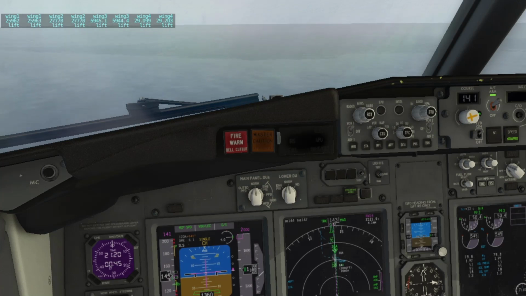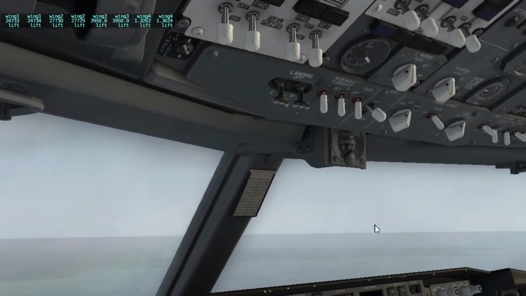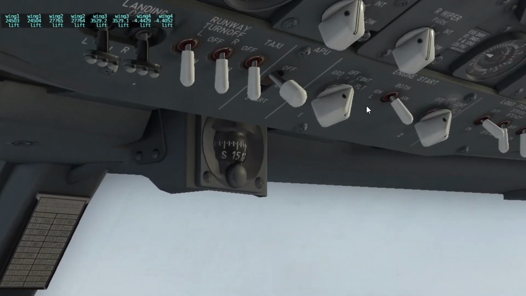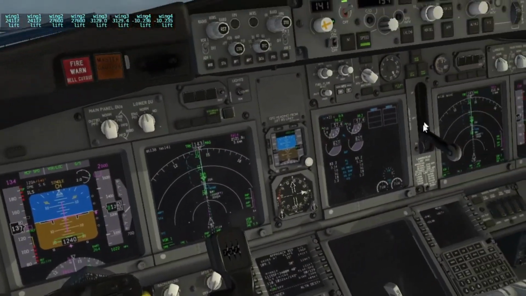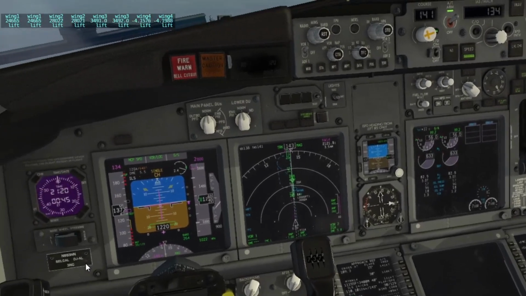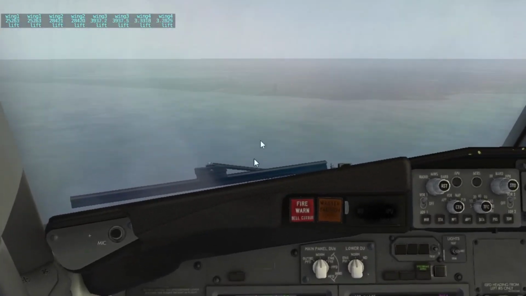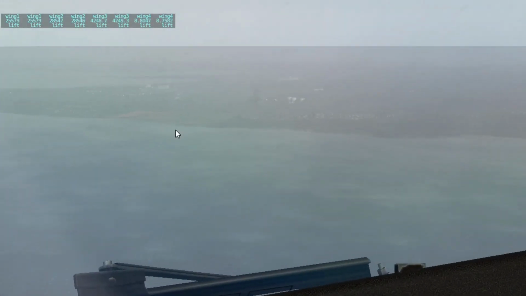Flaps 30. All right, before landing checklist: engine start switches continuous, speed brakes armed, landing gear down, flaps 30 green light. Landing checklist completed. All right, we're going to continue this all the way down to our minimums,